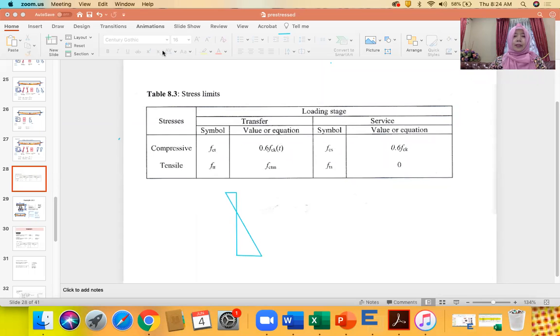So this one is FTT. FTT is equal to FCTM, right? Must be greater, the value. This is the limit. Yeah? The limit is FTT. Then the limit at the bottom is FCT equal to 0.6 FCKT. Okay, this is transfer,